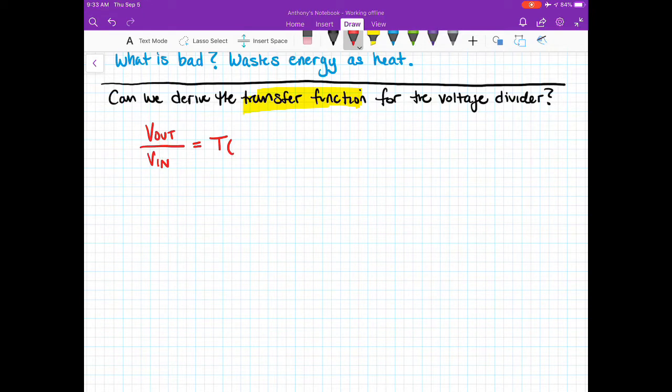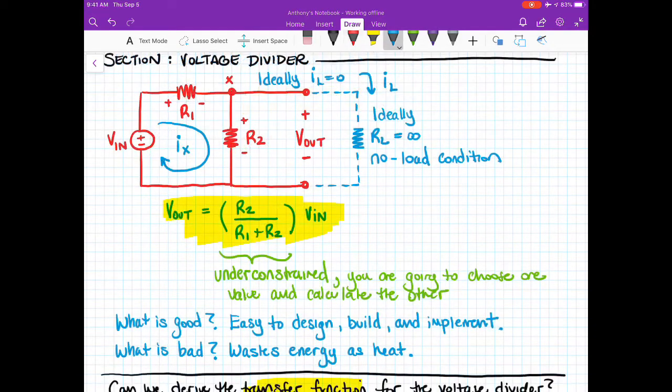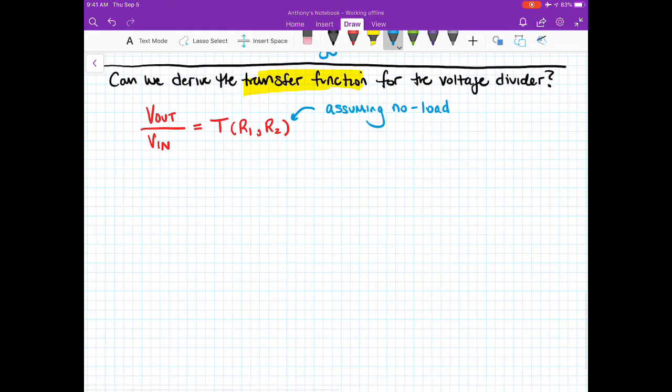whatever our parameters are, which I could call U, or I could use some other variable. In this case, the parameters are R1 and R2. All right, so what is next? We are deriving this transfer function here. So how can